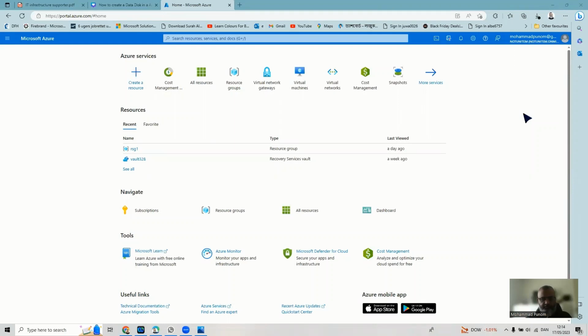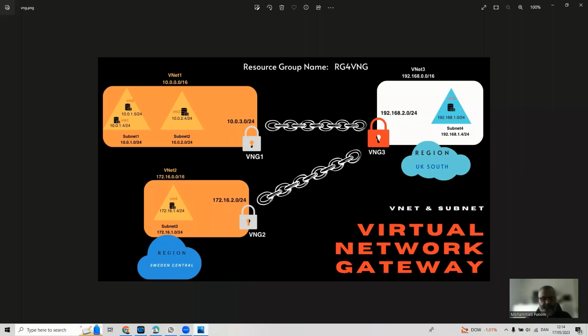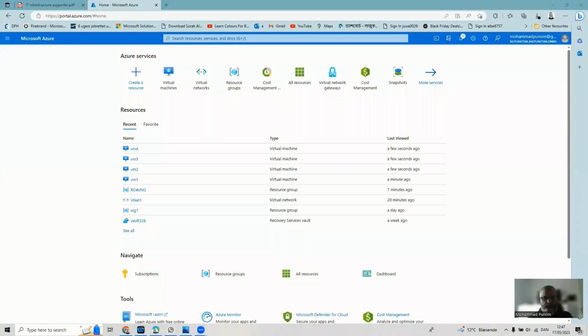For that reason, I need some resources. I need to show you one image at first. So we implement this diagram to demonstrate the virtual network gateway in Azure. For this demonstration, we need a resource group. I named it as a